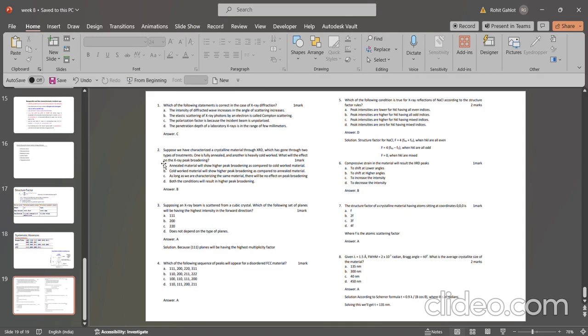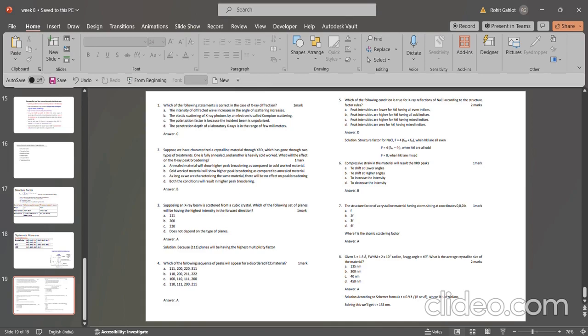Suppose we have characterized a crystalline material through XRD which has gone through two types of treatment. One is fully annealed and another is heavily cold worked. What will be the effect on the X-ray peak broadening? The cold worked material will show higher peak broadening as compared to the annealed material because of the residual